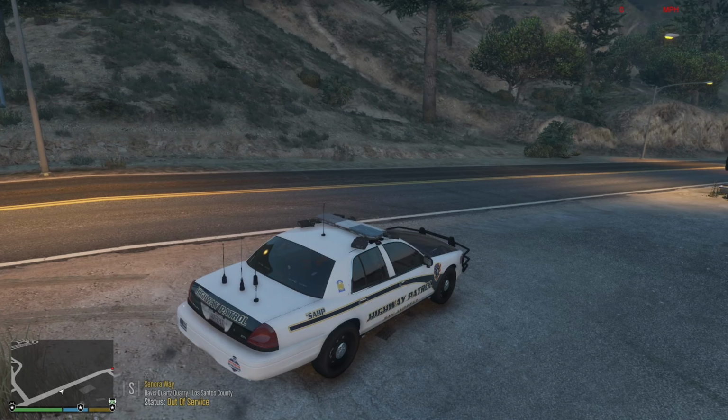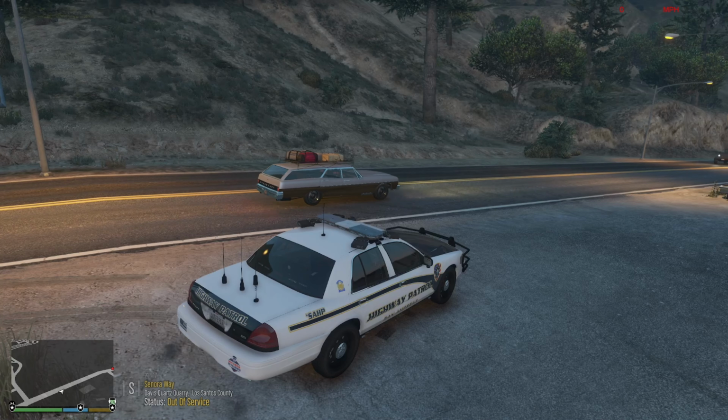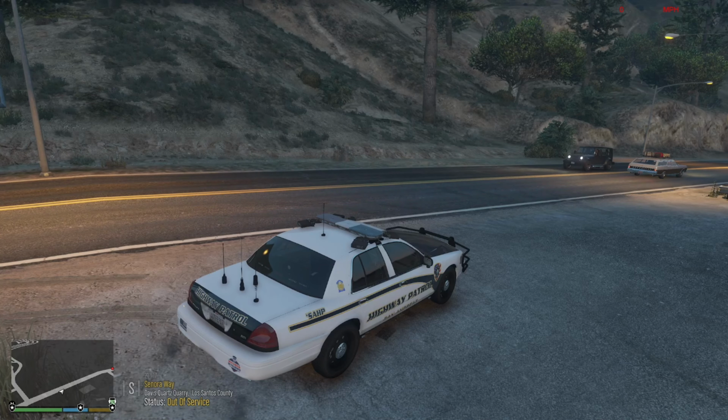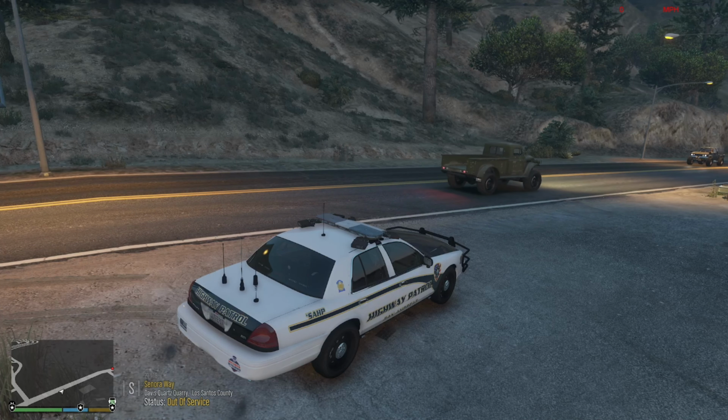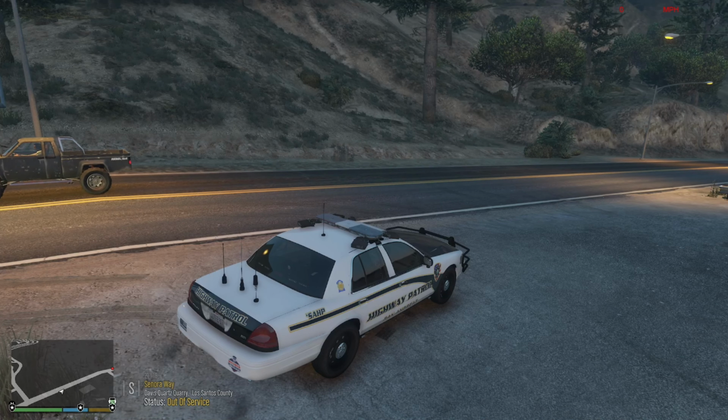Okay, so the next mod that we're going to talk about is ALPR, which I believe, don't quote me on this, stands for Automatic License Plate Reader. Basically, this particular car that I'm using actually has ALPRs. I added them to the top of it. But this is a thing in real life where some police agencies have these ALPRs on the patrol vehicles. Basically, if a vehicle comes by and that plate reader can pick it up, it'll read the plate and basically do kind of a background check on it, if you will,